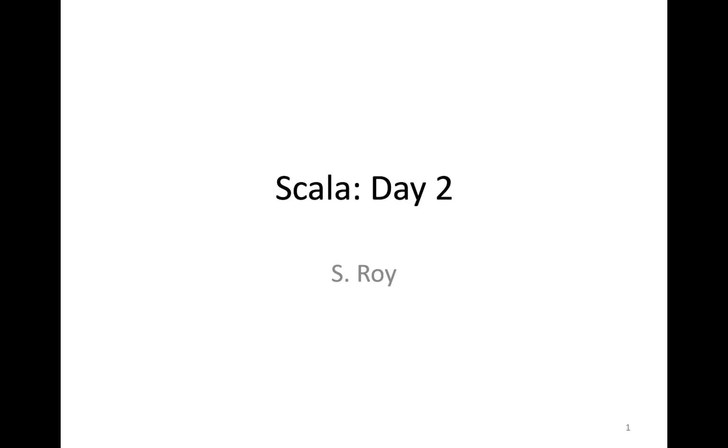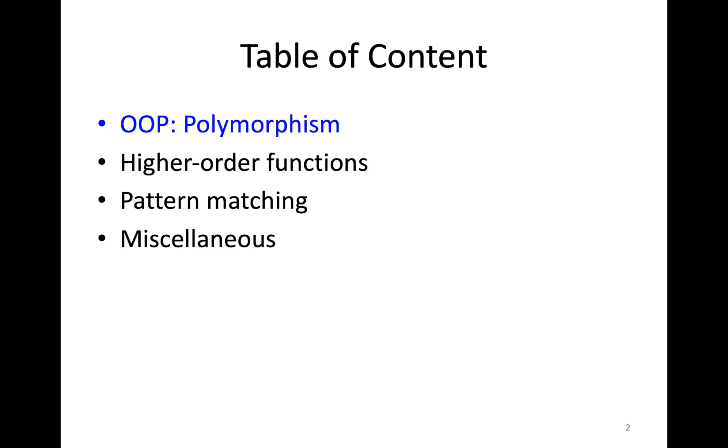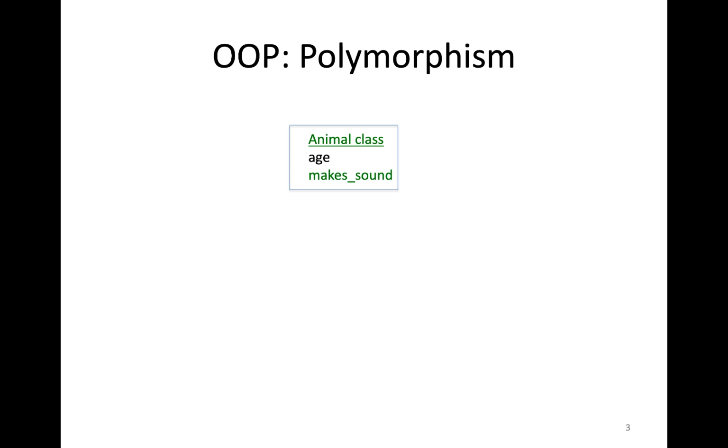Okay, let's proceed. First, we'll talk about some additional object-oriented features which are available in Scala, and of course polymorphism should be supported, right? So let's see what I have. First, an example